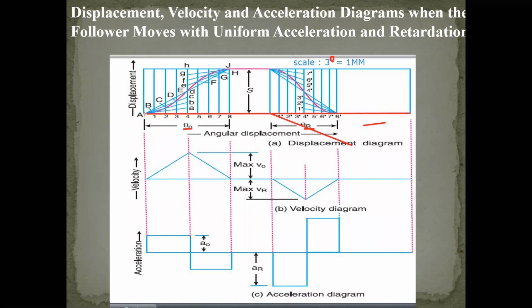Now you have to draw the vertical portion. That vertical portion is our stroke. That vertical portion is represented with the stroke value. So for that stroke value, let us take 30 mm. Now construct a box with the help of their values, that is our 120 and 30. A 120 and 30 box is there.